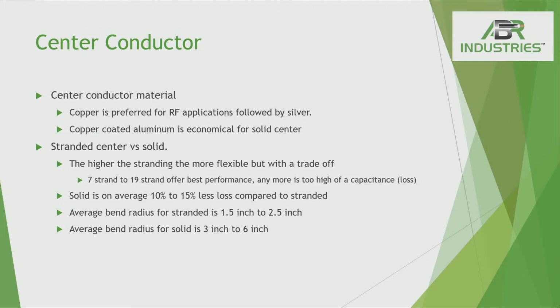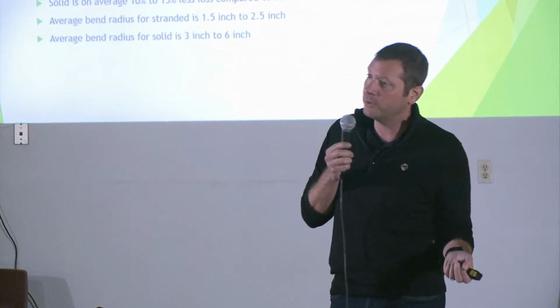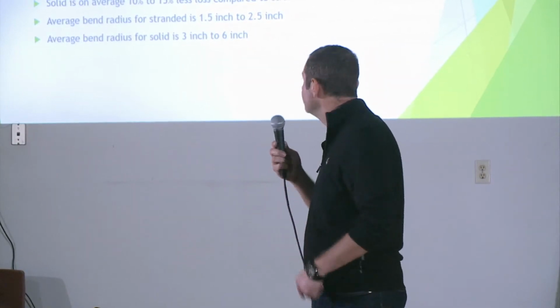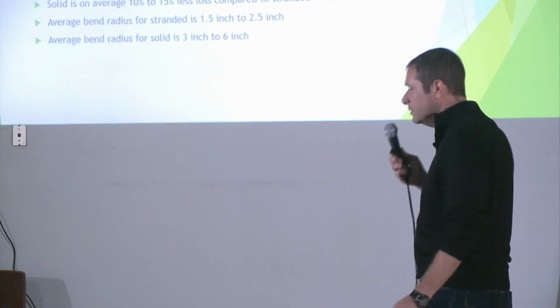And that's why when you're putting a connector on, that stranded center conductor, although great and maneuverable, can be quite tough to get that PL59 or any of those end connectors, or whatever connector you might be using, because it does have a tendency to fray if it's not stripped the correct way, which is why the precision machinery comes into place. But the center conductor is a very, very important thing,